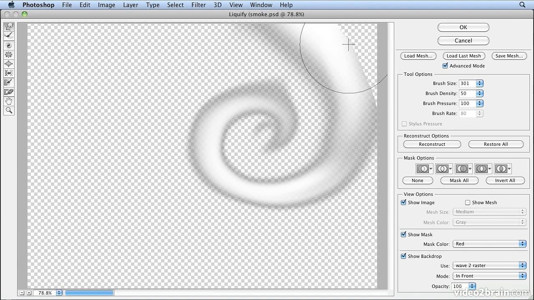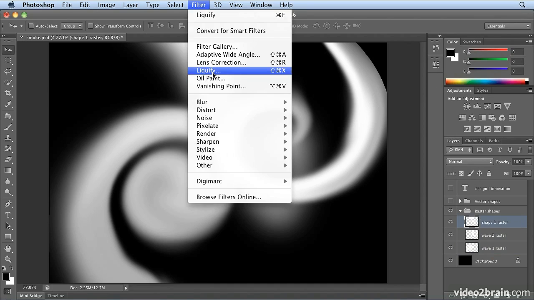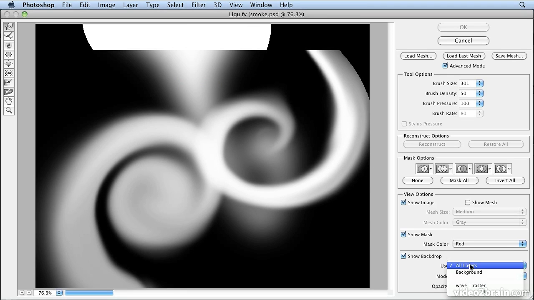I think I'm happy with that. I'll click OK. Nice, another swirl. Then I'll click on Wave, or pardon me, Shape 1, and then Filter, Liquify. Make sure I'm using Shape 1,